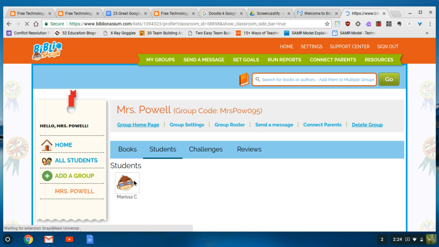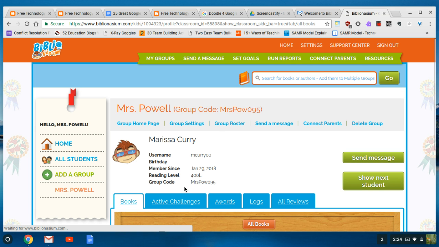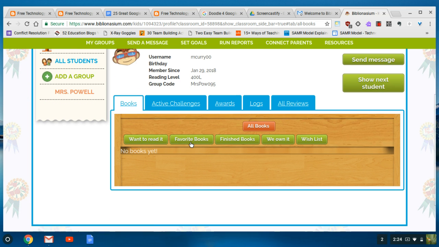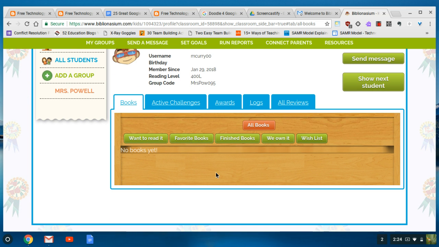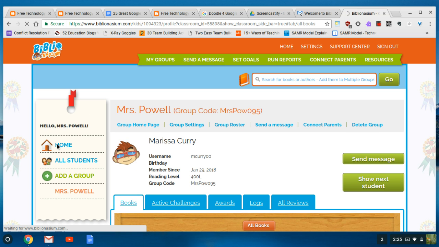I'll go into the student example. So you can assign them their reading level, so I just put their Lexile and then their usernames and passwords. And you can look at all the things they've been doing. If we go back into home,